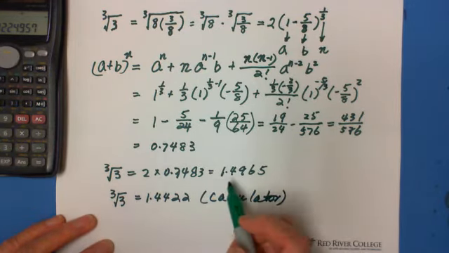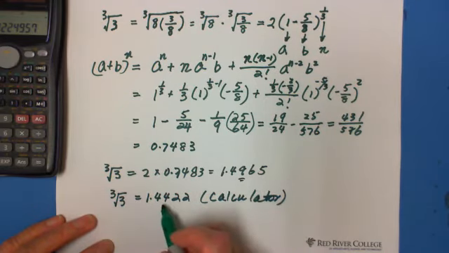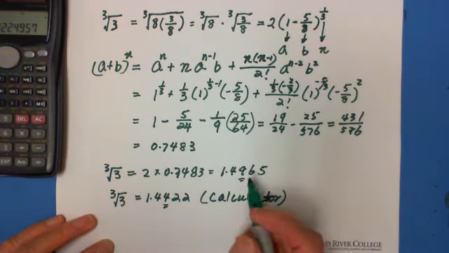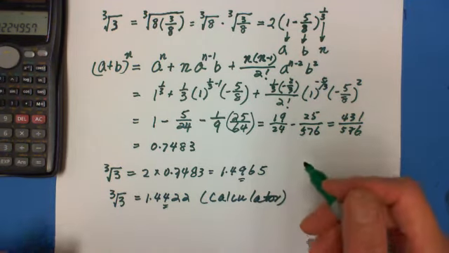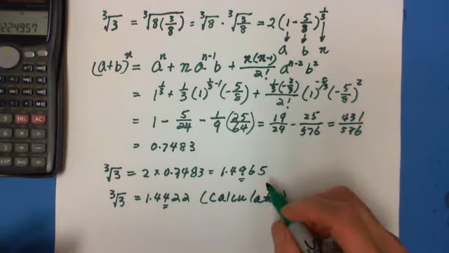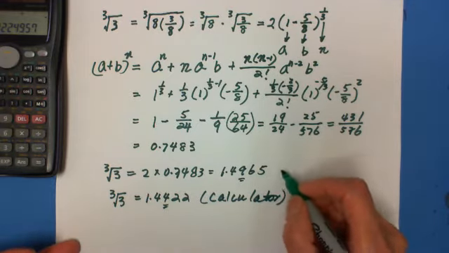Obviously, you can see this one is 9, this is 4. This is a big difference. If you're talking about approximation, this method is not good. Also, you can see if you're using